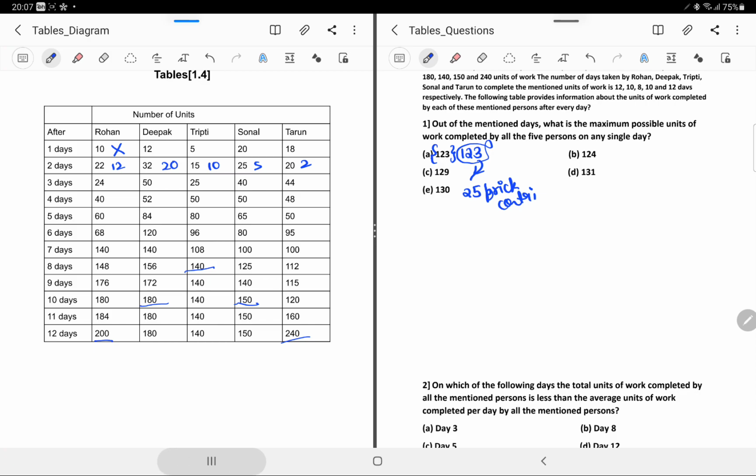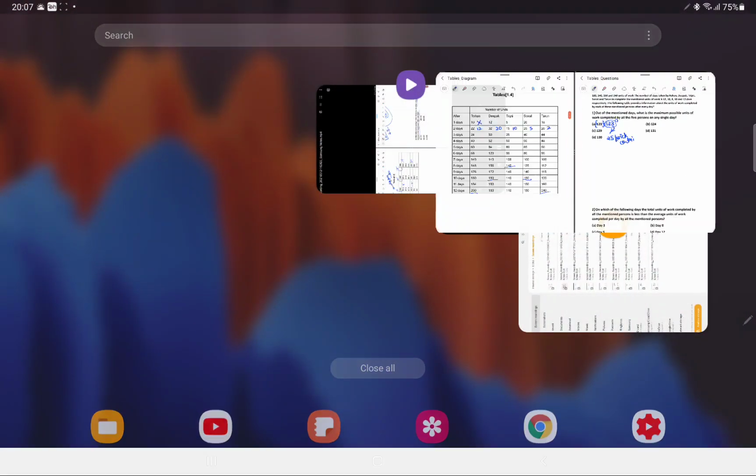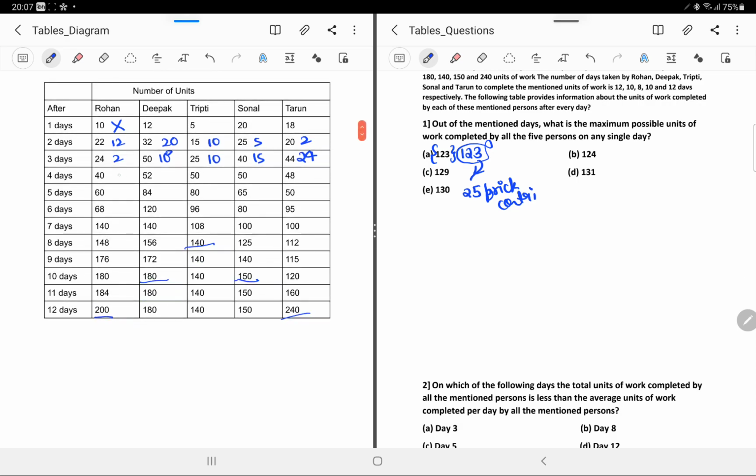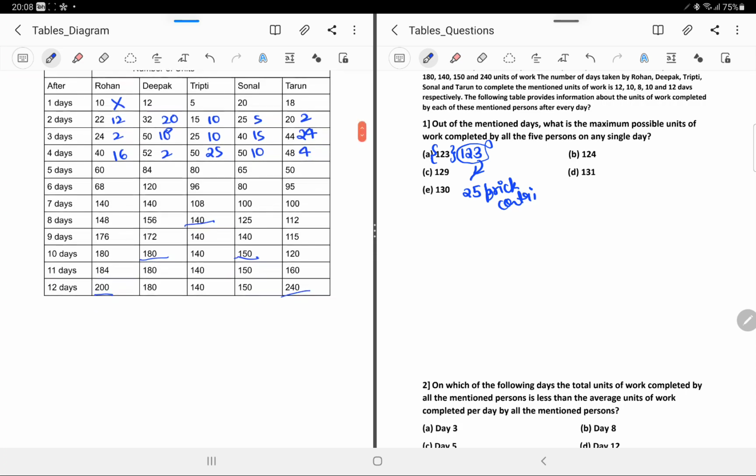On day 3 the contribution is like 2, 16, 2, 18, 10, 15, 24. We can say that it is not reaching around 200, so we will not sum that. Then for the fourth day, it is roughly 16, 2, 25, 10 and 4. No point in doing the same here as well.